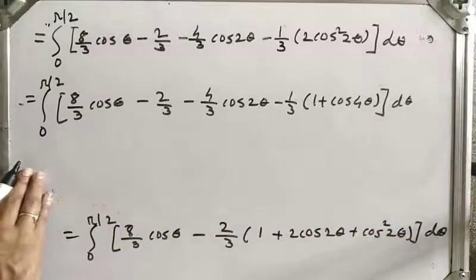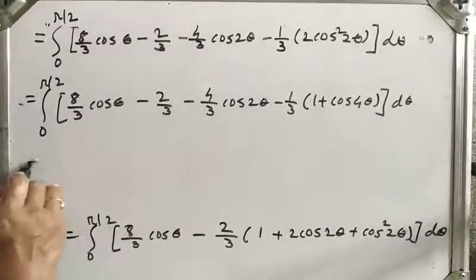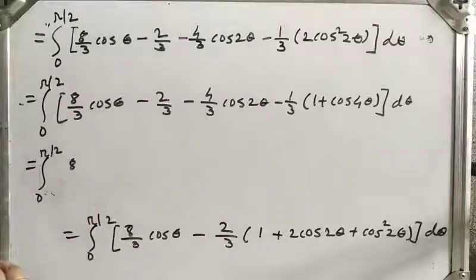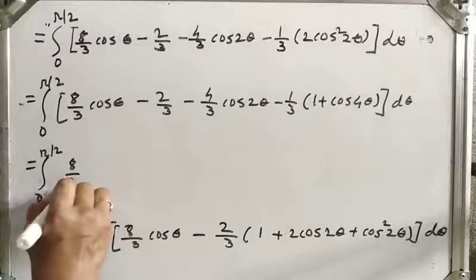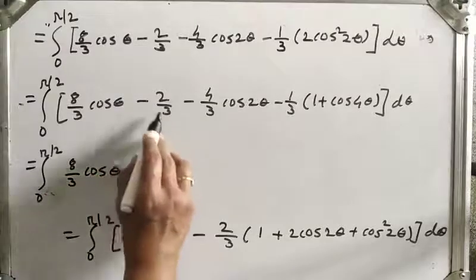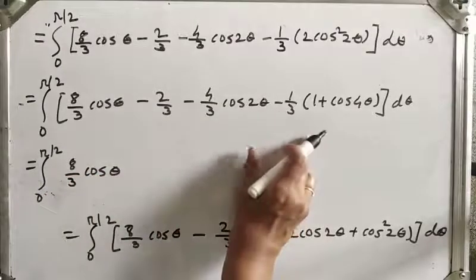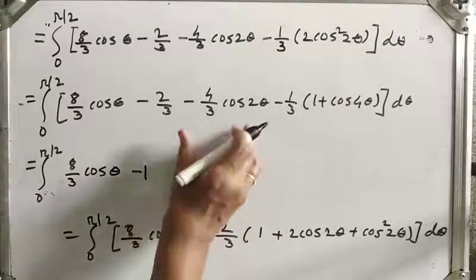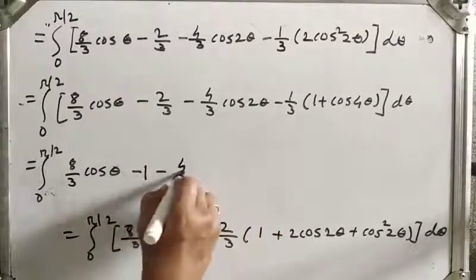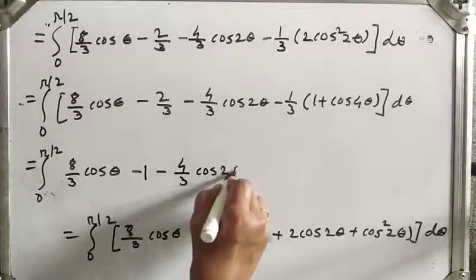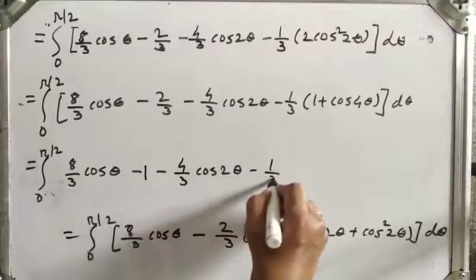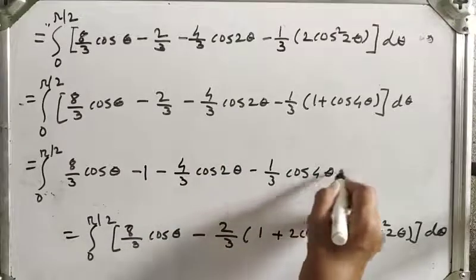That is the integral from 0 to pi by 2 of 8 by 3 cos theta minus 2 by 3 minus 1 by 3, that is minus 3 upon 3, that is minus 1, then minus 4 by 3 cos 2 theta, then minus 1 by 3 cos 4 theta